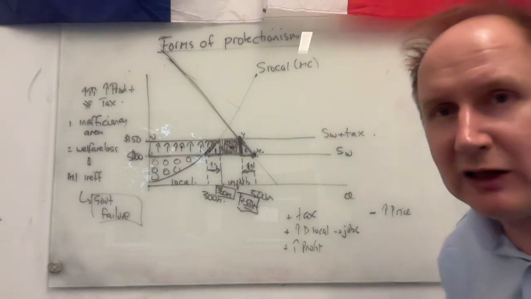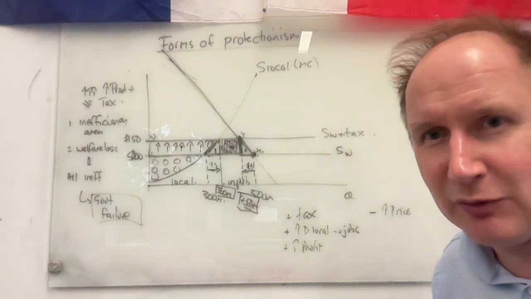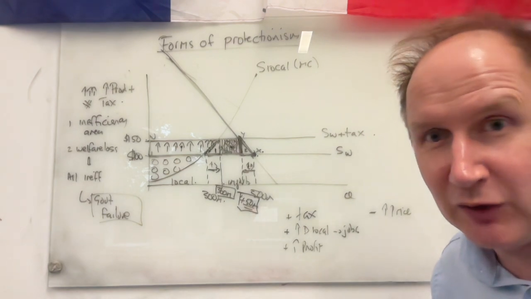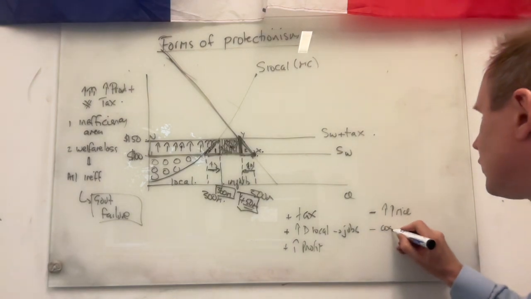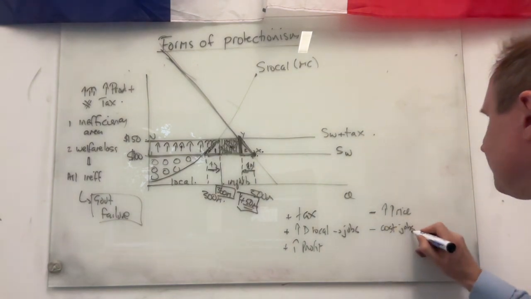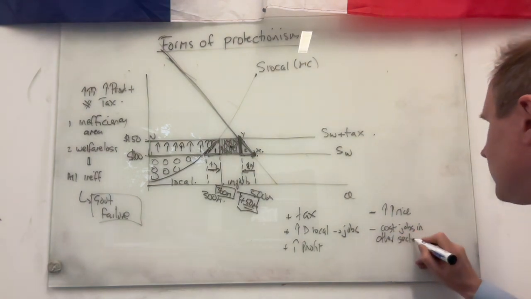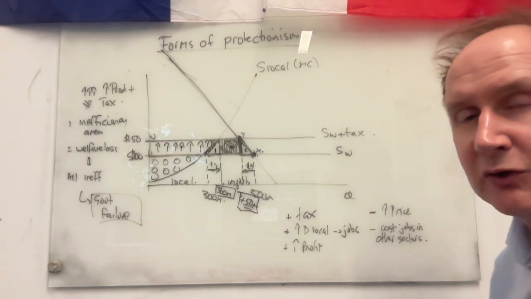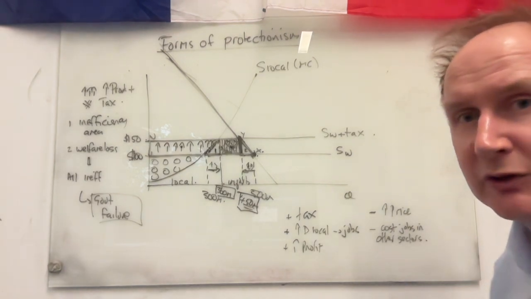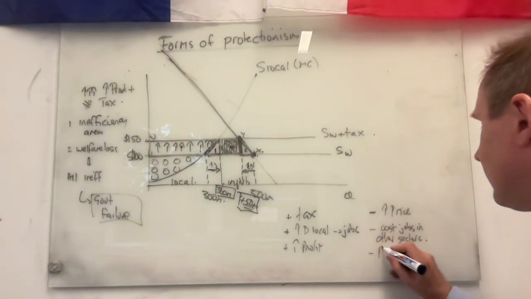When Trump said it's the Mexicans who are going to pay for the border wall, that's a lie, because when he put tariffs on, all it did is increase price for Americans. Actually, it may cost jobs in other sectors. If you put a big tariff on steel, then it's going to cost you jobs in the car sector because cars use steel, and as a result, they're not going to be able to compete either.